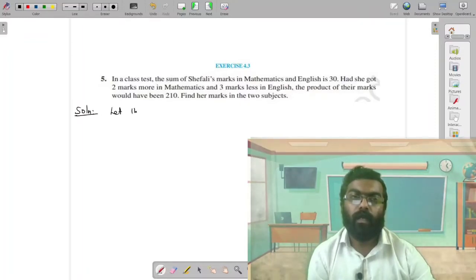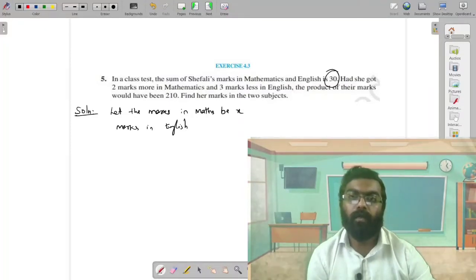So let the marks in maths be x. Then marks obtained in English will be what? The sum is 30. Here the sum is 30. So we can write 30 minus x. Now here the condition is, had she got 2 marks more in mathematics, that means x plus 2,